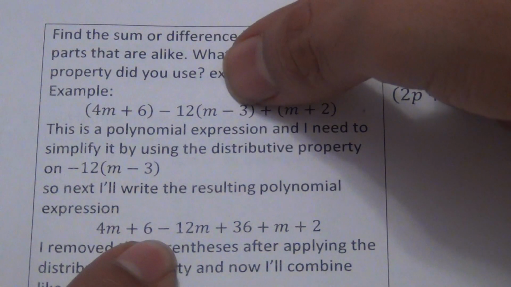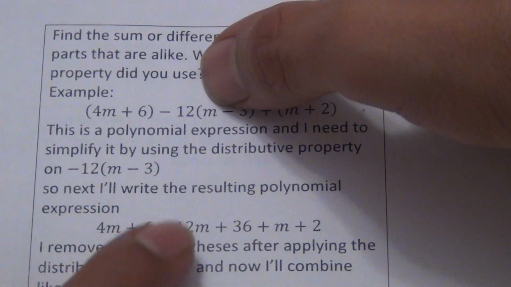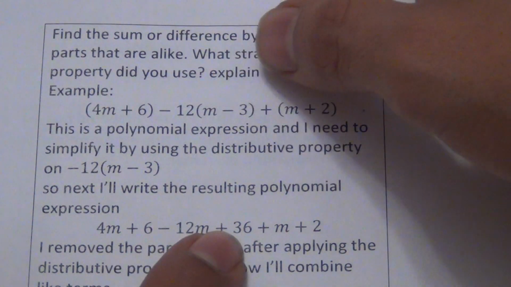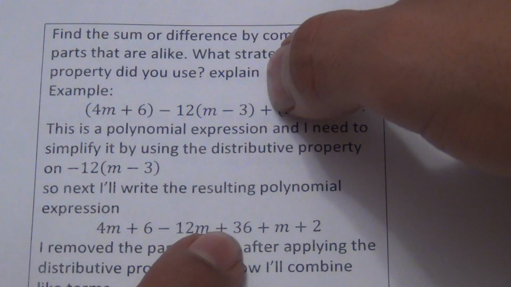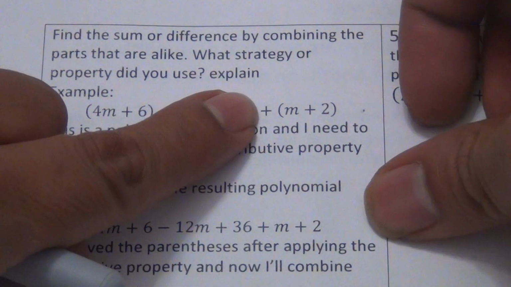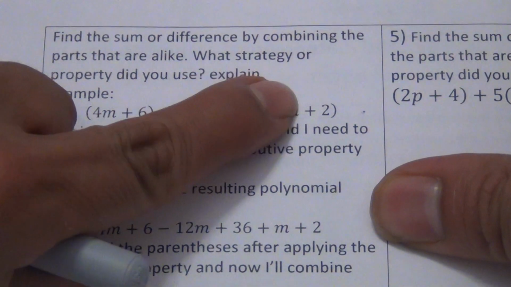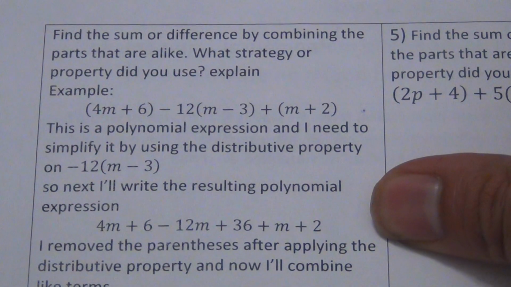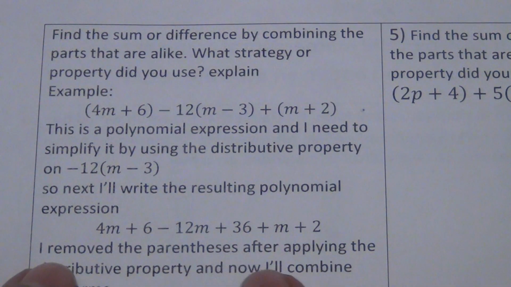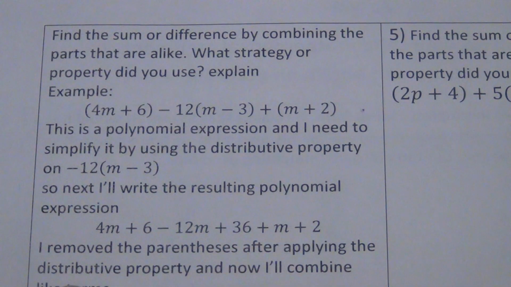Here we use the distributive property, so we have negative 12 times m is negative 12m. Negative 12 times negative 3 is positive 36. This is a positive sign, so we just leave this the way it is, m plus 2. If this had been a negative sign, we would have to distribute the negative, okay? But it's not. So now here, it says I remove the parentheses after applying the distributive property, and now I'll